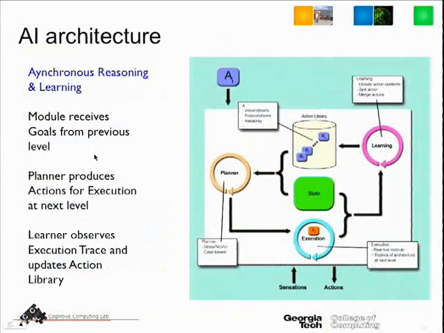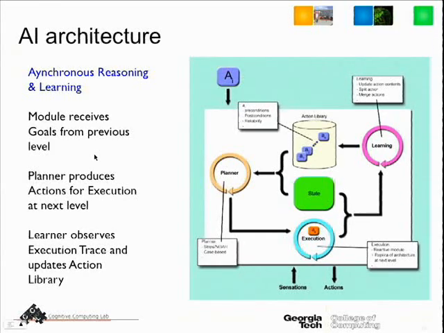So those are some of the ideas. This is sort of a snapshot of the architectures that we're building. We have an agent that gets in a set of goals. It has a set of actions, strategies, personalities, behaviors available to it. There's a planner that looks at the state of the world and so decides what to do next. The execution agent then sends back actions, watches what happens.